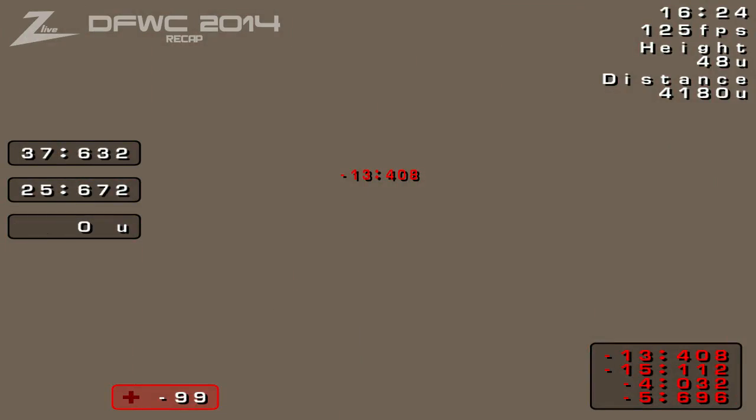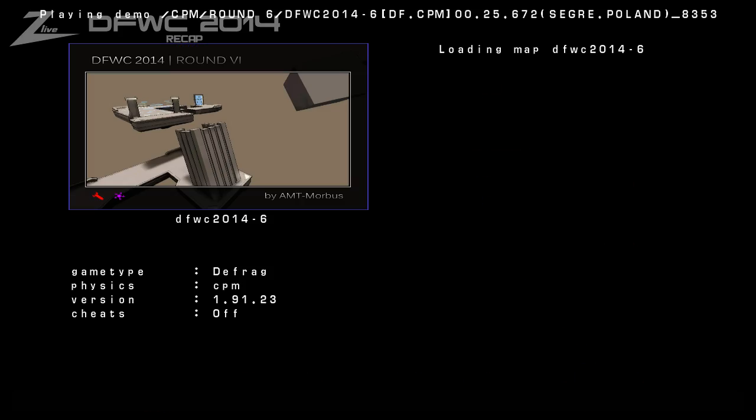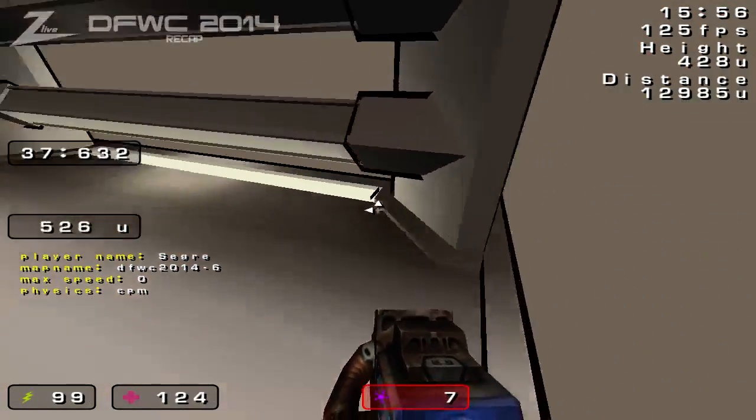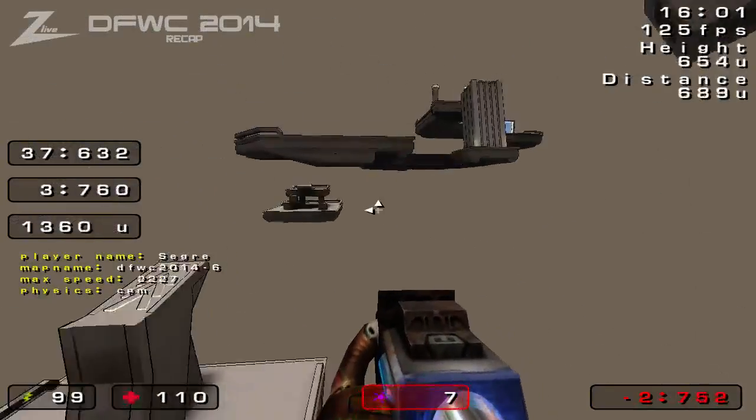Is this? I'm watching again. Did he? Yeah, on the third room, he does the plasma boost, and then he uses the bounce pad, and then he does another plasma boost. I think. I'm gonna look at it again now. Yeah, I don't know because we can't hear the jump pad sound, so. Yeah,